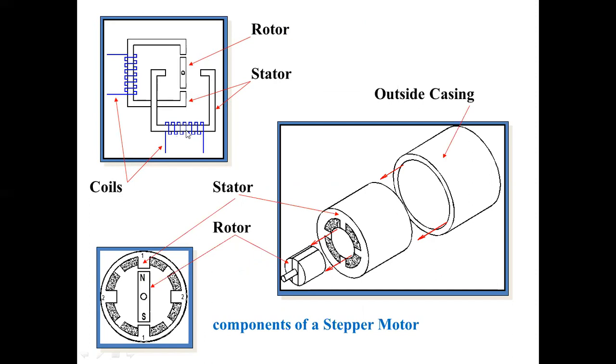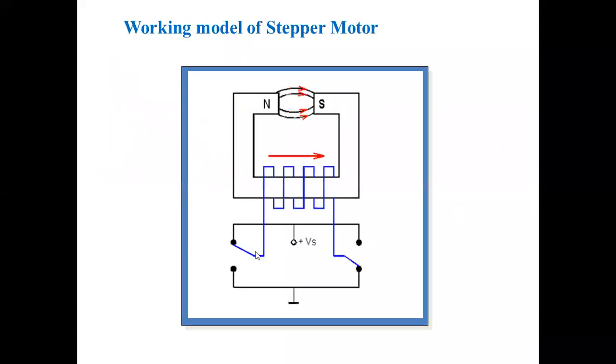Here, previously we observed that the coils are the first coil and second coil. Actually, in the previous slide, there is only one coil, and that one coil is given a sequence of switching. Suppose you consider this as 1 dash and this as 2 dash.